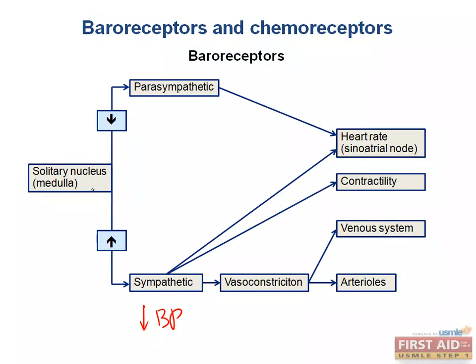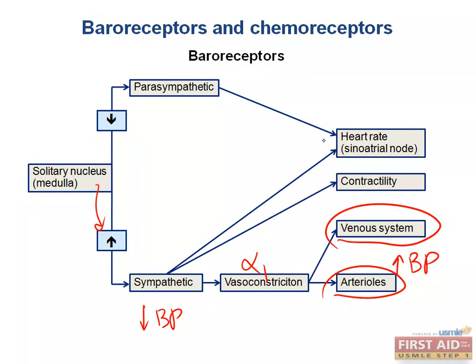Then the solitary nucleus will activate the sympathetic nervous system outflow. You stimulate that vasomotor center and cause sympathetic outflow, such as release of epinephrine and norepinephrine, which stimulates alpha-1 receptors on arterioles, and you get arteriolar vasoconstriction, and you also get some venoconstriction, and that increases your blood pressure,